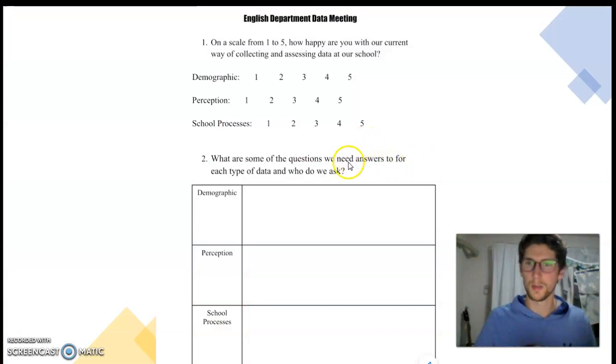My second paper is a small question on how they feel about the data protocol at our school. On a scale from 1 to 5, how happy are you with the current ways of collecting and assessing data at our school? 5 being the most happy, 1 being the least happy for each type of data collection. Number 2 is what are some of the questions we need answers to for each type of data, and who do we ask? Now, I'm going to have them write it here as well as on a